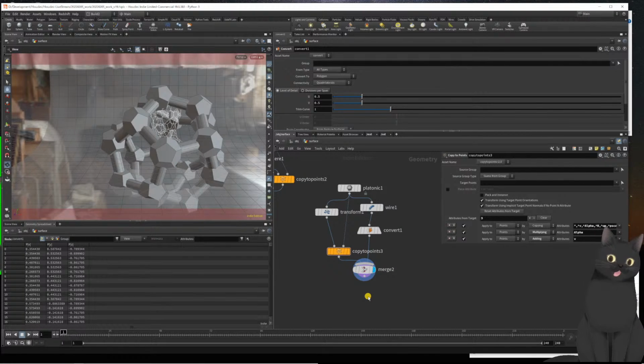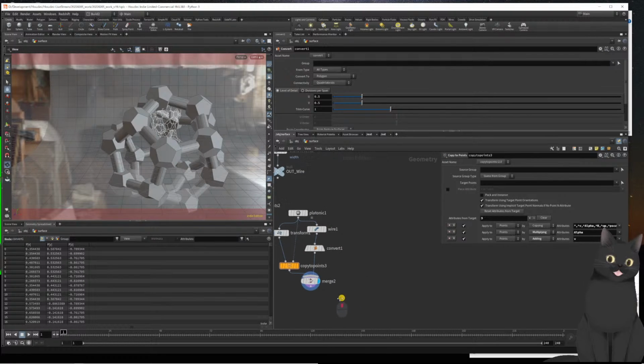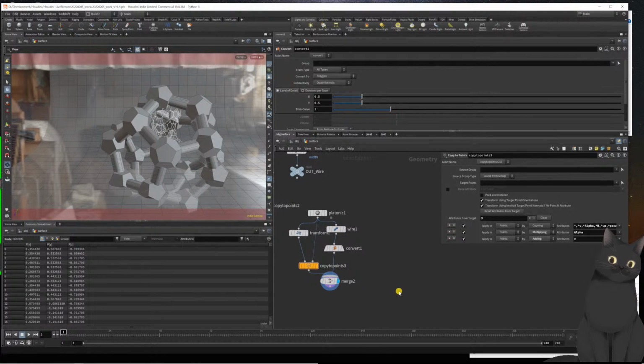Resulting in this fantasy molecule here. Let's copy this whole tree here, paste it one more time, and maybe create a second